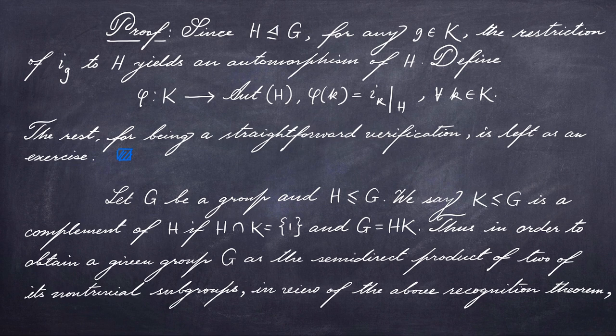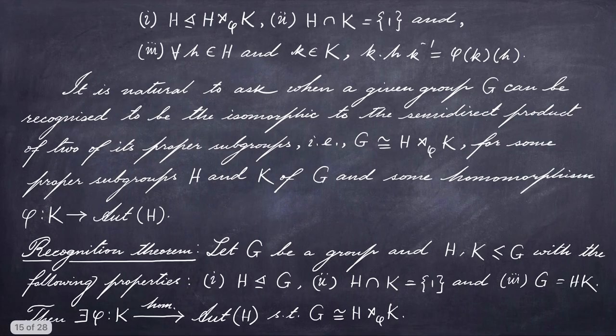So now let me introduce a terminology for our convenience. For a group G and a subgroup H, a subgroup K is said to be a complement of H if G can be written as a product of H and K, and their intersection is trivial. So with this terminology, we see that